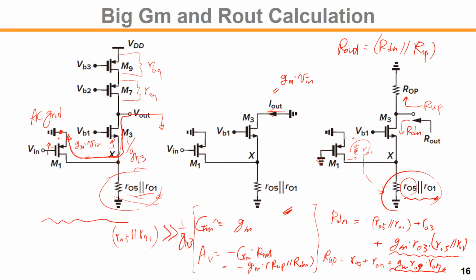The exact calculation would require the current division through the R5 in parallel R1 and M3 current, but that's not that important. What we can see from here, by the folding amplifier, folded cascode, we can get the same large signal gain as we had in telescopic cascode amplifier. Okay,